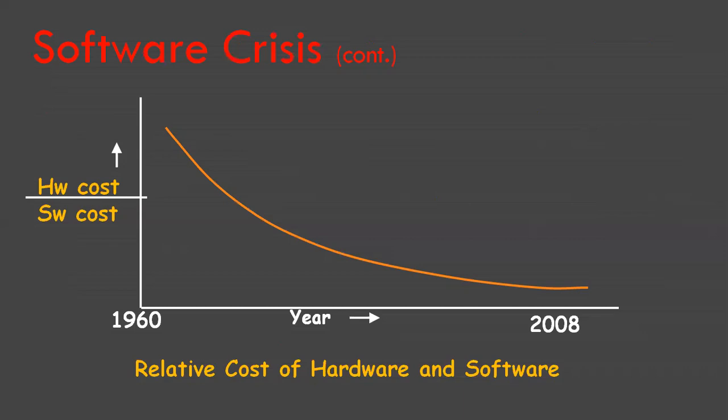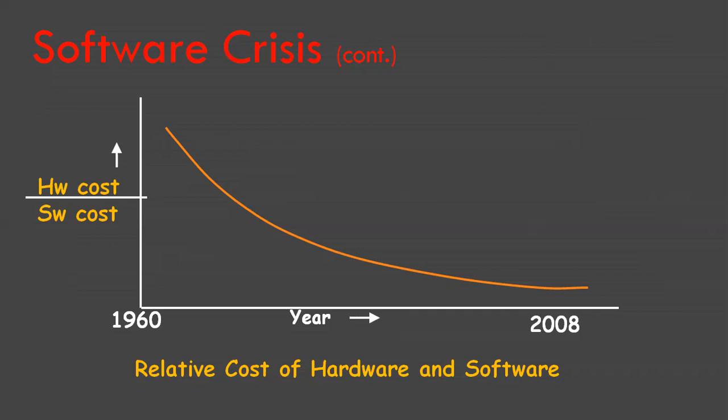To understand the present software crisis, consider the following facts. The expenses that organizations all over the world incur on software purchases, as compared to the expenses incurred on hardware purchases, have been showing a worrying trend over the years. As can be seen in this figure, organizations are spending increasingly large portions of their budget on software as compared to hardware.